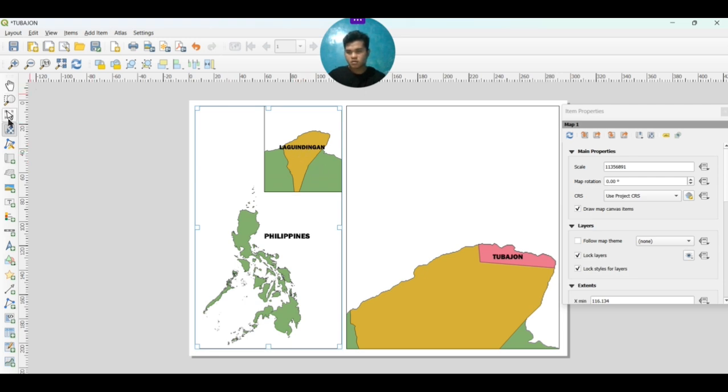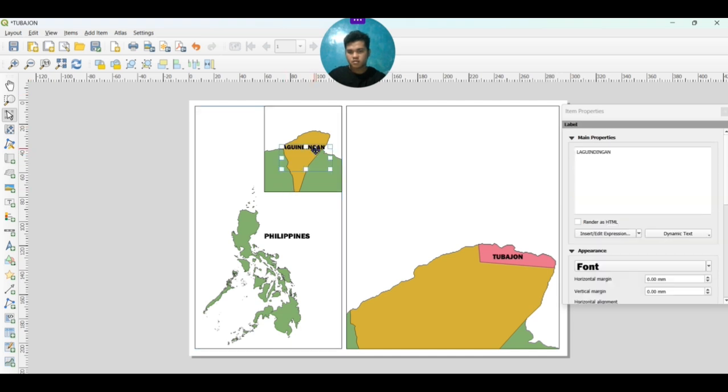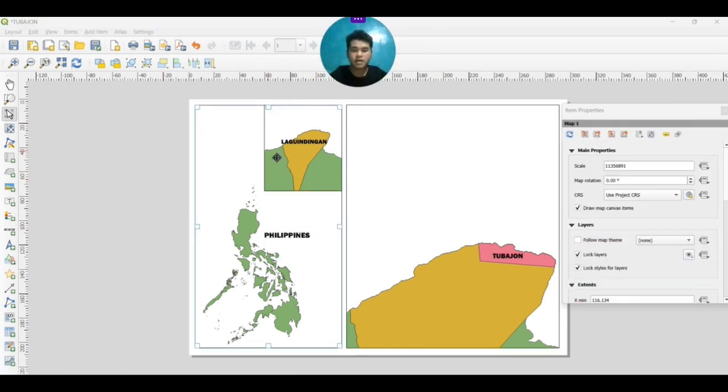That one, for me, it will be okay. This is the Lagindingan area.